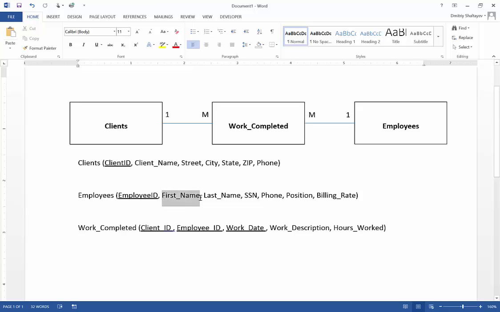Employees have first name with an underscore instead of a space, last name with an underscore, social security number, their phone, how I can contact them, position that they hold inside the organization, and also billing rate. Now, what do we mean by billing rate? Typically, when my employees go work for clients, each employee, depending on their position in the organization, has a billing rate. In other words, how much money we're charging our clients for 1 hour worth of work that this employee